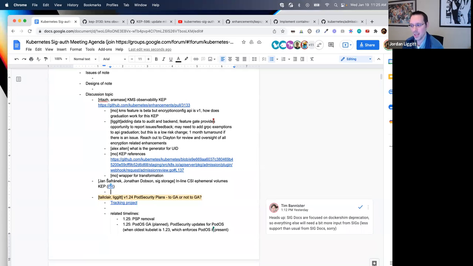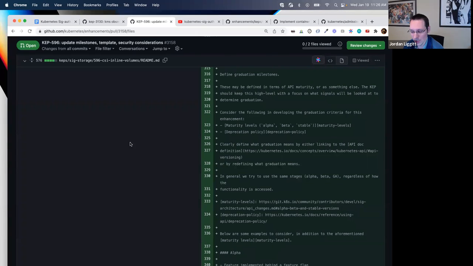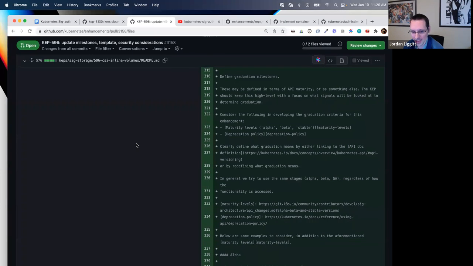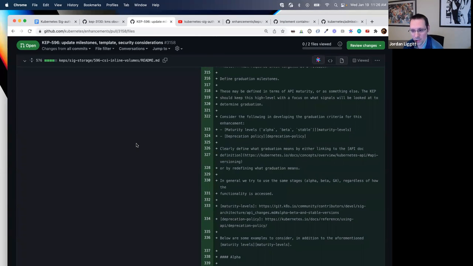Yes. I think that is what you were just referring to, using ephemeral volumes for persistent storage. Basically the only difference between that and the inline volume is that one drives the PVC PV flow, and the other just invokes the CSI driver directly.